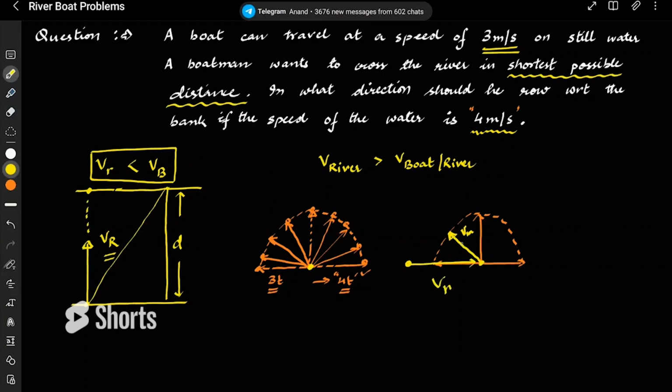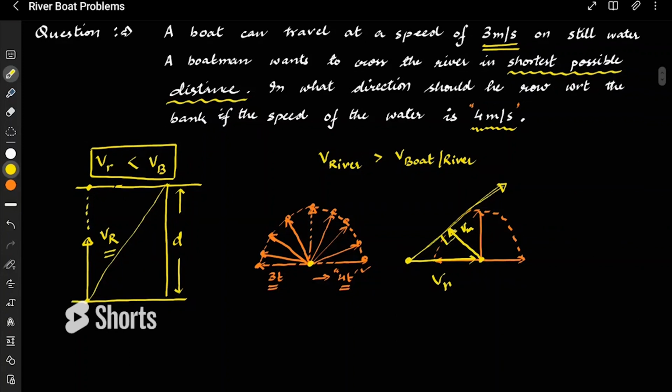So when will the shortest possible distance be attained? When this starting point, or the resultant, will make a tangent. Wherever the resultant will make a tangent, and this is what we have been talking about earlier also, then when the resultant will be in the perpendicular direction, or tangential to this semicircular curve, or will make the greatest angle in this direction, the man will achieve the shortest possible